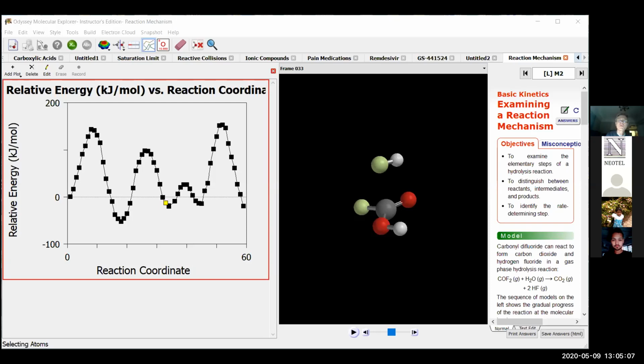ODYSSEY allows you to simulate from hydrogen to DNA, everything with one interface. You won't typically get research quality simulations. It's good for exploratory research, to get a feel for systems. But you wouldn't use ODYSSEY for running trajectories of a